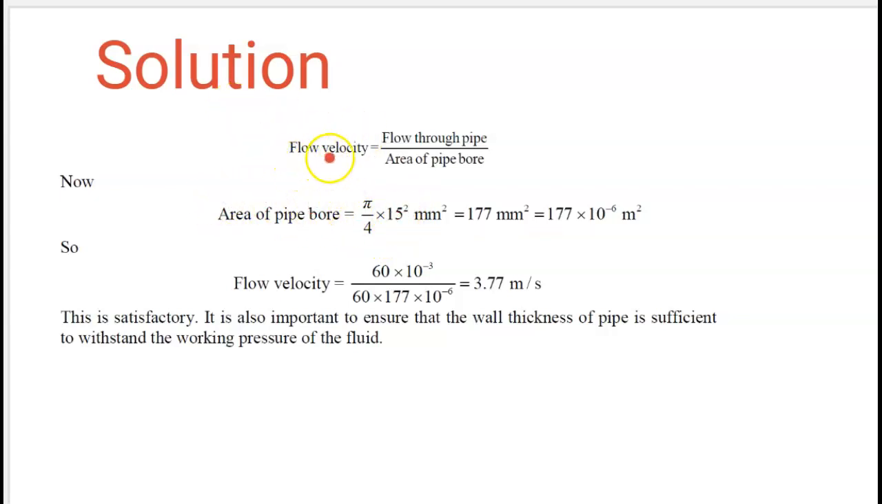Now here we just use the flow velocities, flow through the pipe, area of the pipe. I put the value there, and I just find the area of the bore pipe. And then I use this one to find